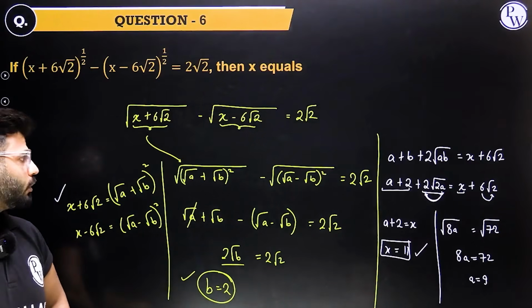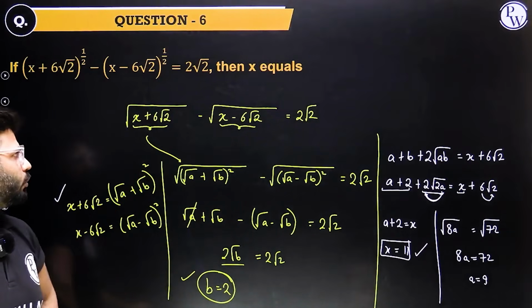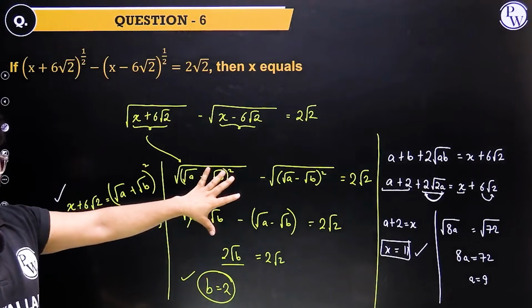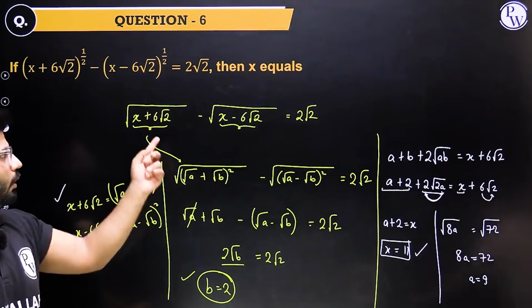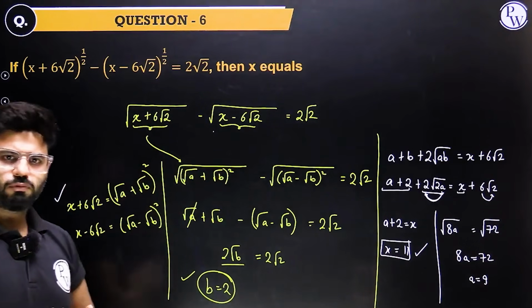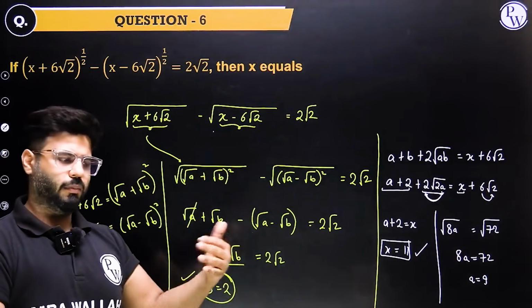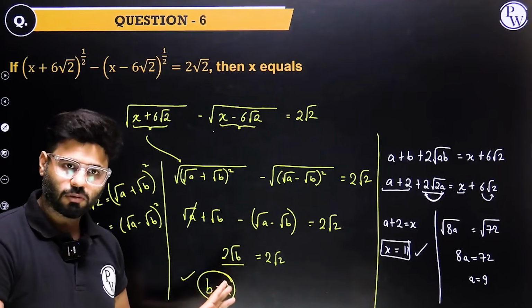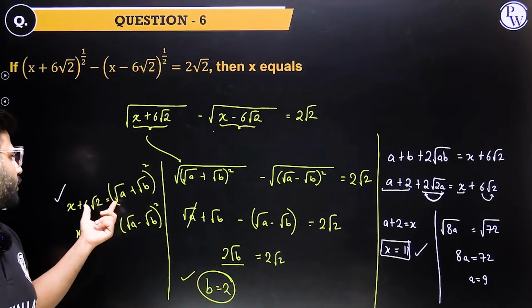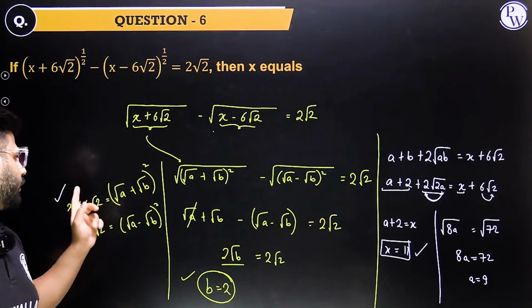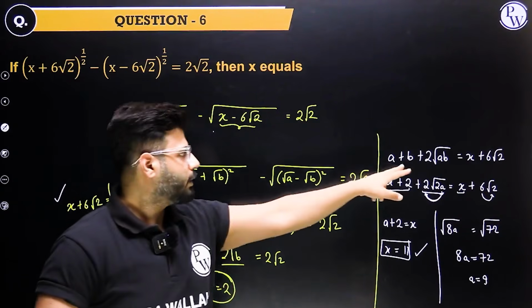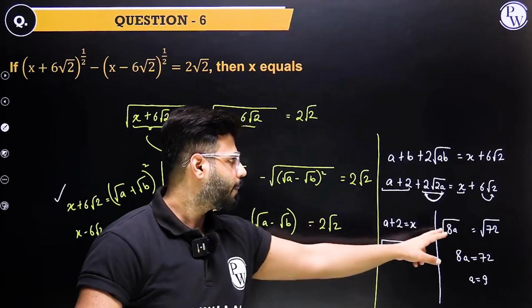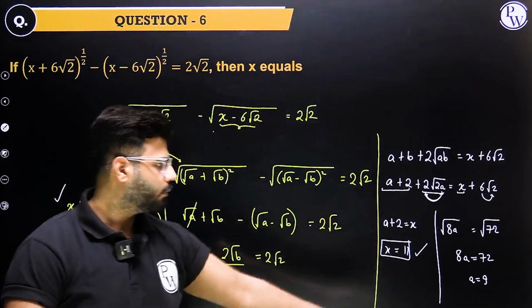Not that easy, but of course, if I assume that this is root a plus root b whole square, I'll quickly write down this as 2 root b. I'll never write down these two things. This was just to explain to you. Conjugate pair: one has to be root a plus root b, the other will be root a minus root b. Then we'll think of 2 root b, 2 root 2, b comes out to be 2, done and dusted in 5 seconds. Once you get b as 2, open this up. a plus b plus 2 root ab is x plus 6 root 2. This is 2a plus 2 is x. Take this 2 inside, becomes 4, 4 times 2 is 8a. 6 inside, 36 times 2 is 72.